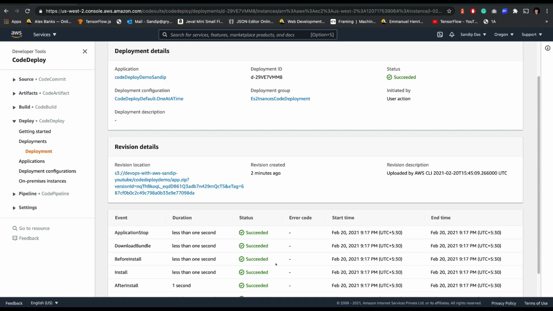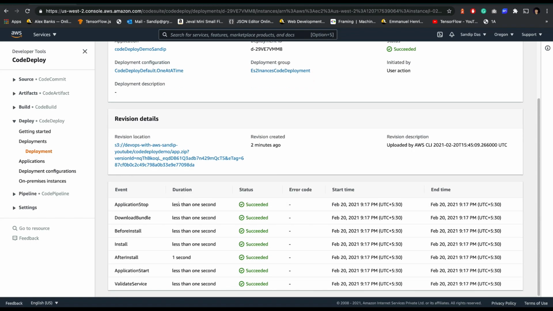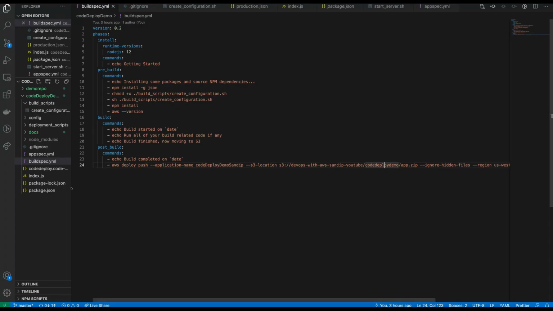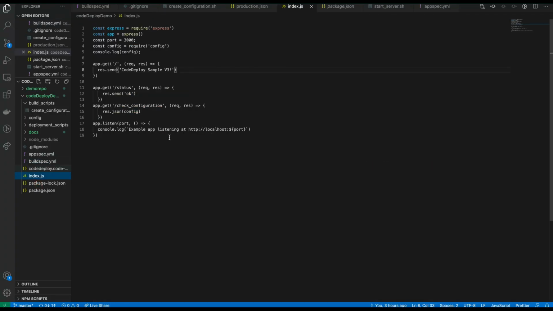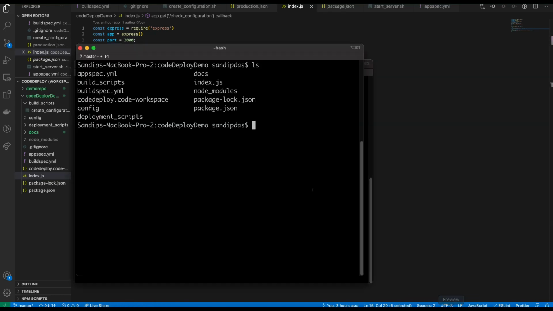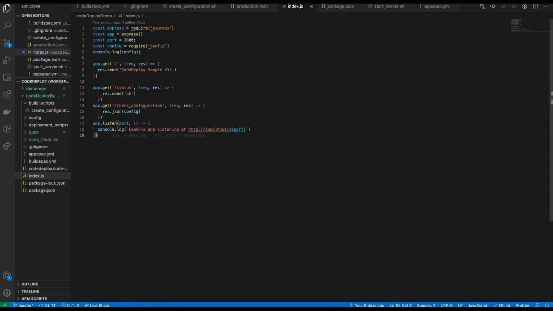I think it only took very few seconds, less than a second, because we already installed npm and all the modules and it did all the pre-processing. It's just the deployment. That's why it's very fast. Okay, now let's see. It's all deployed. Now in the code itself, what I did just for testing, this is not good practice, just for testing, if I call this API, I can see all the configs. So let's connect with the instance.